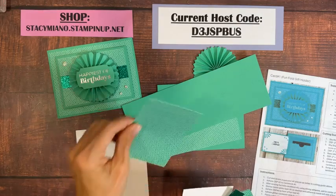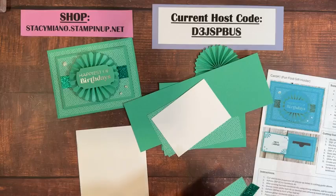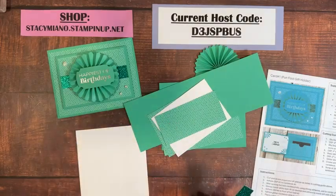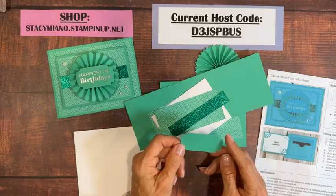I have a piece of DSP cut at 3 by 4 1/4. Basic white 3 by 4 1/4. DSP 2 by 4 1/4. Glitter strip 3/4 by 4 1/4. Here is my